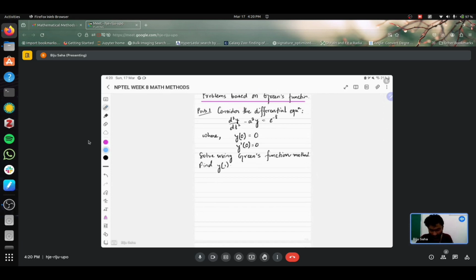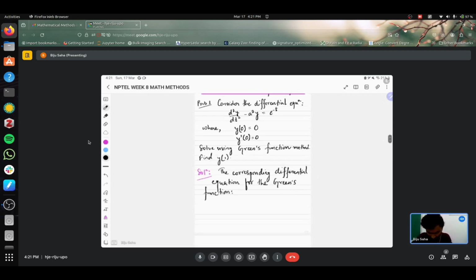We have to solve it by the Green's function method. The corresponding differential equation for the Green's function would be